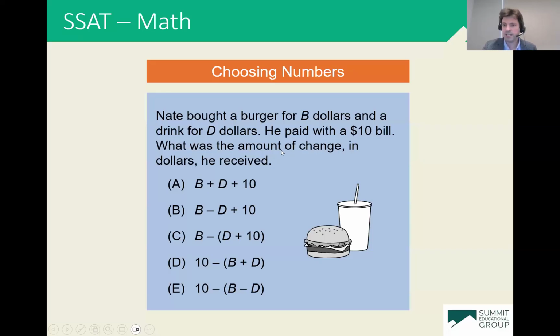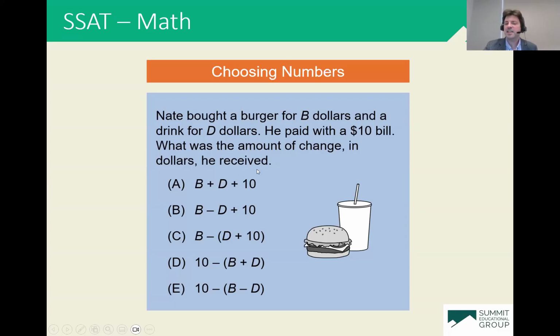If they had a question like that, most students would read it and think, that's the easiest question, what on earth is that doing on the SSAT? But what makes it more difficult is they're going to take those numbers out and put variables in their place, B and D. But if students know this strategy of choosing numbers, they're going to make B $2, for instance, and D $1, and then solve the question using those numbers.